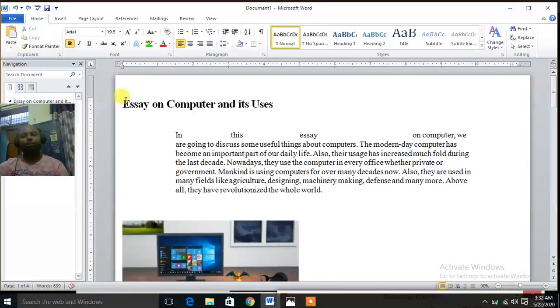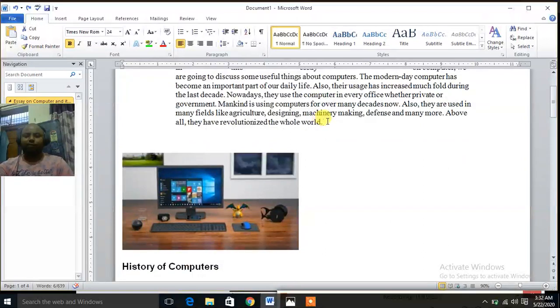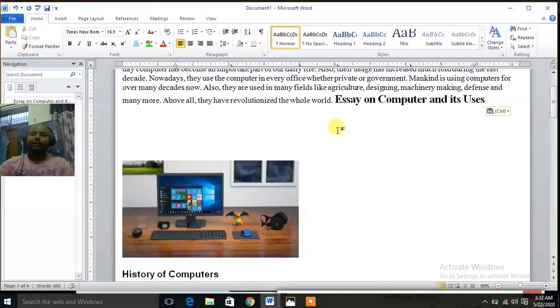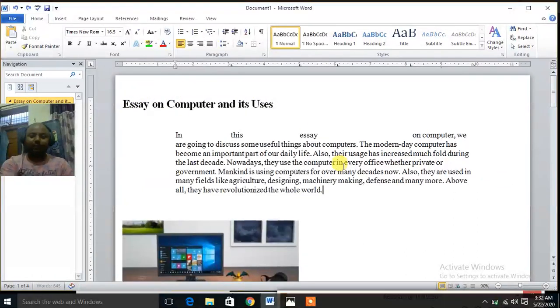Now the second way, using a shortcut key from the keyboard. Select the text, press Ctrl plus C, and if you want to paste here, click here and just press the keys Ctrl plus V, and the text is copied from here to here. And the third way is to select the text,